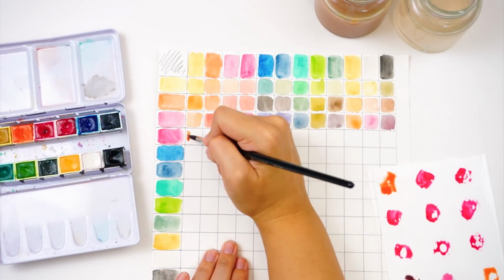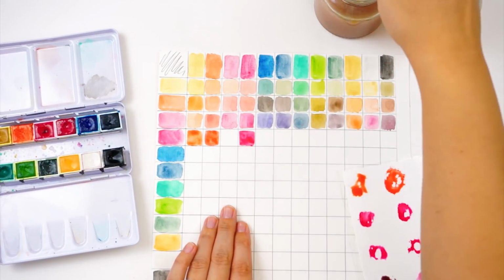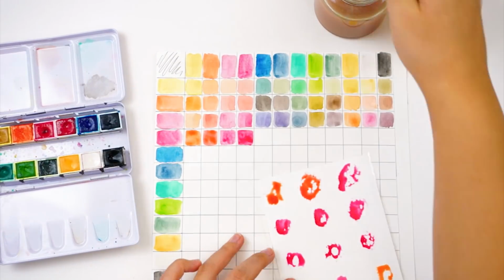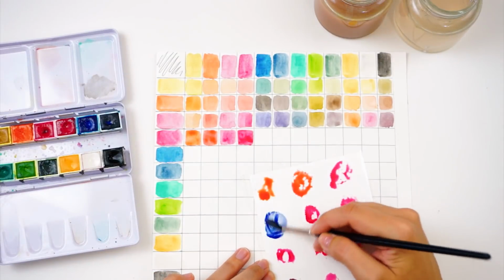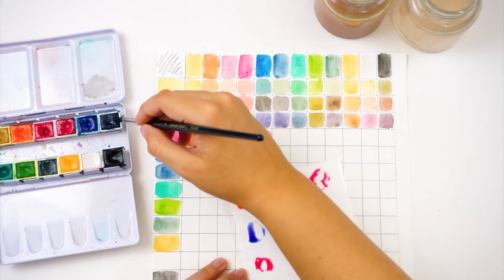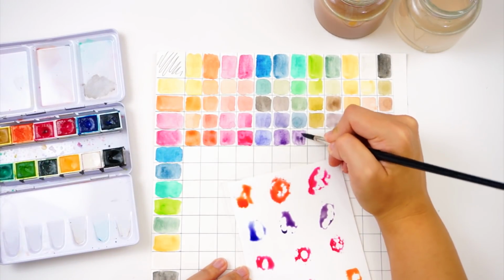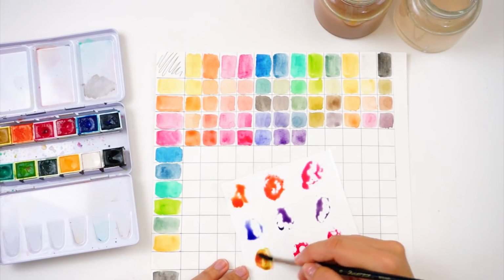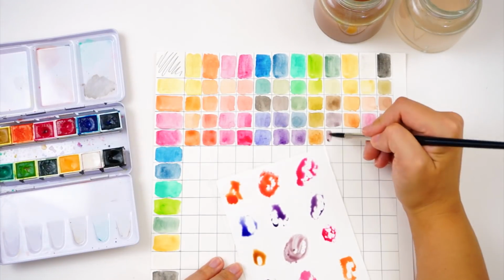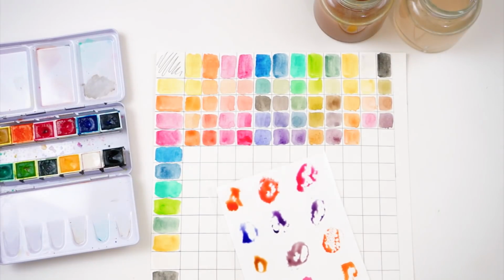So I'm just continuing to mix those colors and go through each and every one of these. You can see with a palette of 24 or 36 or even more than that, it's going to take you a very long time. And you also need a larger piece of paper or you're going to have teeny, tiny little squares. So 12 or under is probably the most manageable way to do this color mixing chart. But I really would encourage you to try this out,